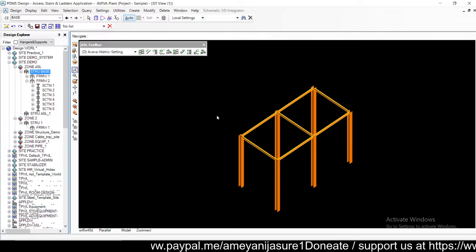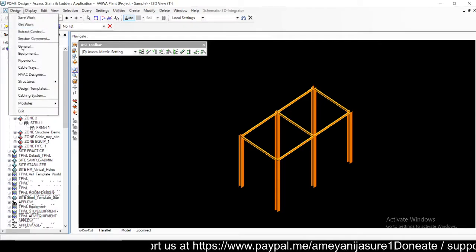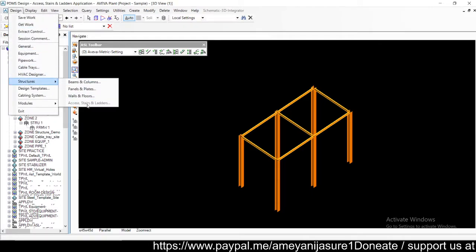I am Ameya and we are discussing AVEVA PDMS 12. In this video, we will be discussing the last section of structures. In the structure module, we will find access stairs and ladders as the last section. This basically lets you build platforms, handrails, then stairs and ladders to give the